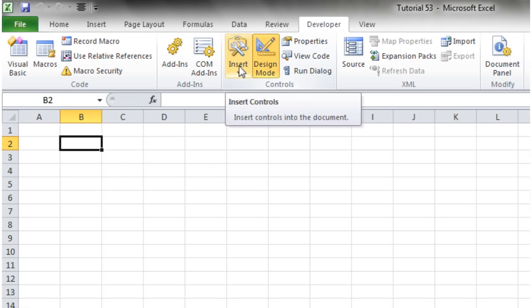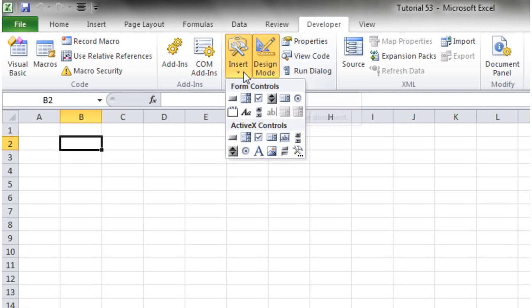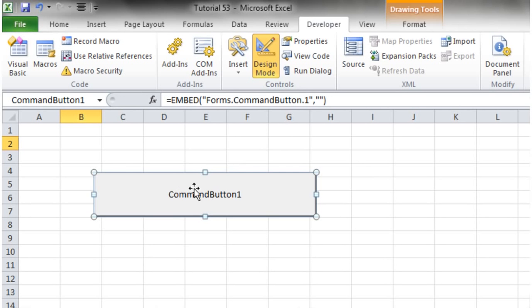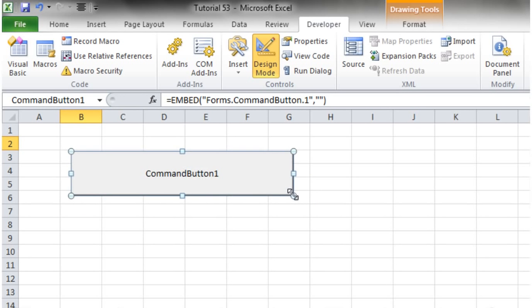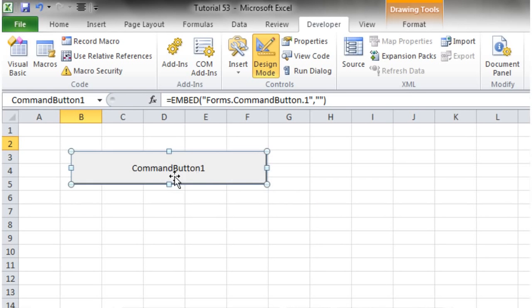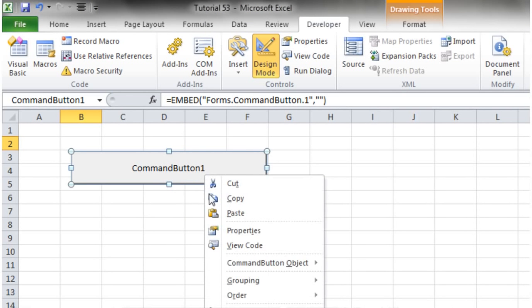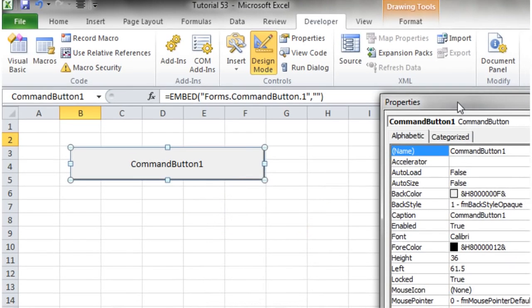The next thing you want to use is this insert symbol, and this is where all our ActiveX controls are. So if you go on this and then go down to ActiveX controls, and don't use the form controls, they're not that useful, just use the ActiveX ones. The first thing I'm going to do is I'm going to have a button, and we drop that in, and then we can shape it and resize it the same as if it was a text box, and you can right click on it and go to properties,